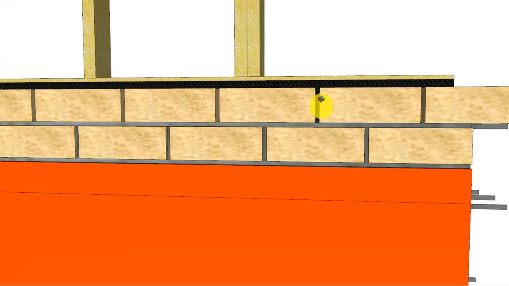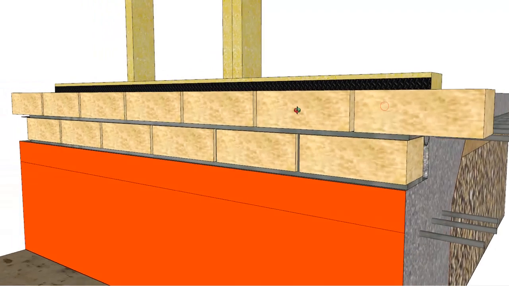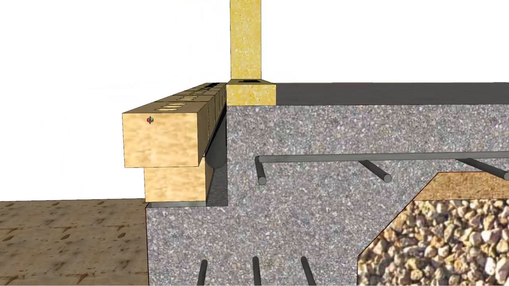So here you can see the weepholes in a slab on ground brick veneer building, and you can see the weephole there, which is the end of the brick, which is called the perp end, and basically they've just left the mortar out of that perp end, and the reason they do that is so any water that does pass through the brick, because bricks aren't waterproof, if they get wet for a long time,